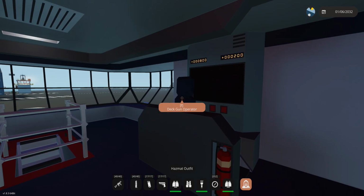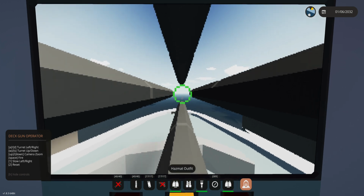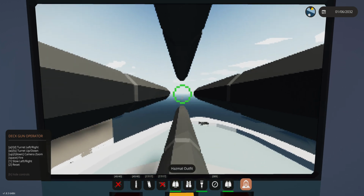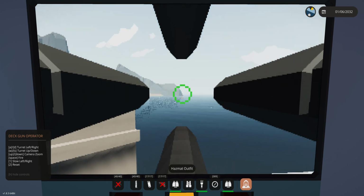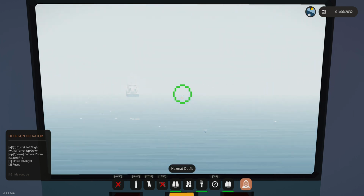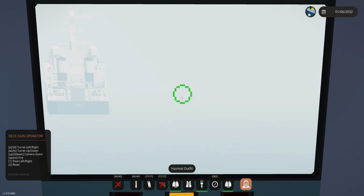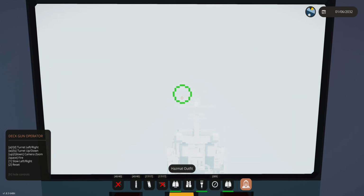Now, to go over here to the deck gun operator, as you can see, I can zoom this in using the up and down arrows, essentially as far as I really need it to. It's very useful. Graphics are good. And then, of course, you can see I actually have quite a good view of the ship from here. Now, the only issue is, because it is zoomed in so far, well, you can see it is a little far out yet, so we can't really hit it. But, you know,